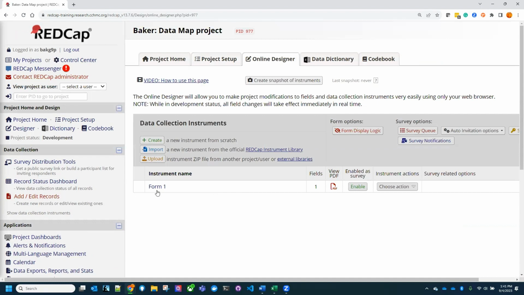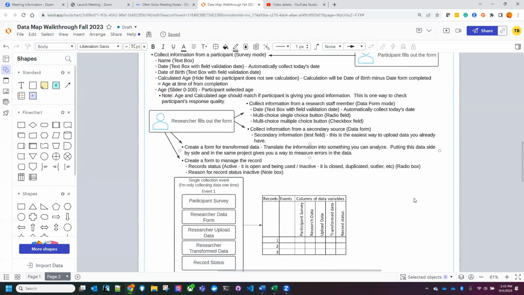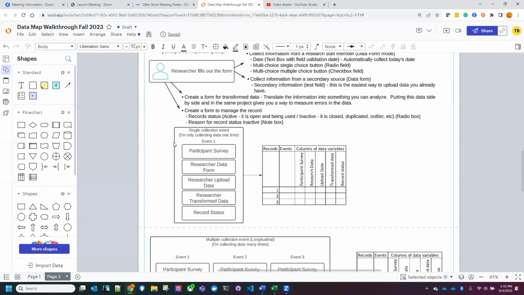I'm going to update the name of this instrument. I'm going to rename it, and I'm going to call it my participant survey, because that's the name I gave it in my data map. You can have this be anything you want. Oftentimes, if you see one of my specific templates, you're going to see it called landing page from me